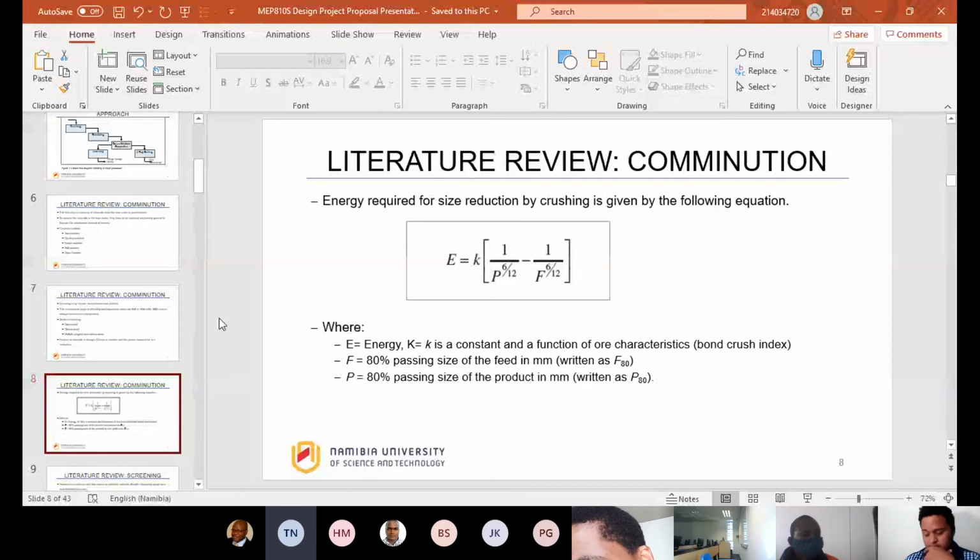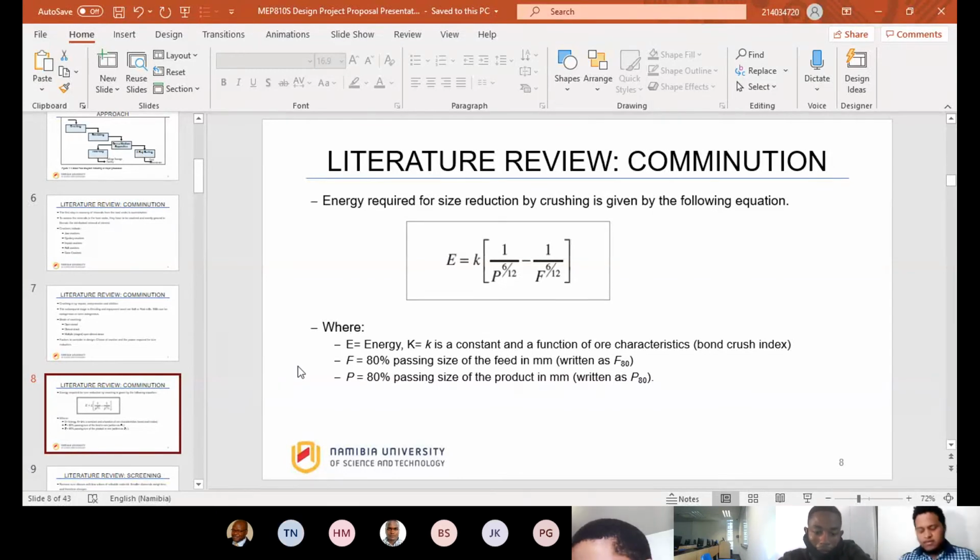It's just the work index that we don't use one for the ball mills and rod mills. Yeah, I mentioned that. It's similar to the Bond equation, but it's not the Bond formula. Okay. And then slide 26,